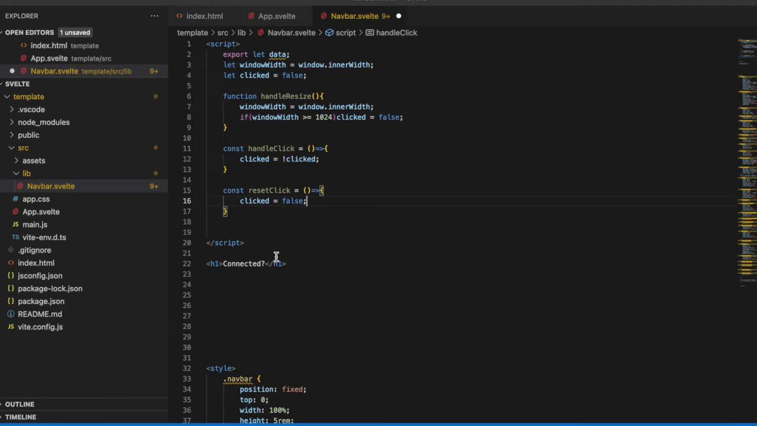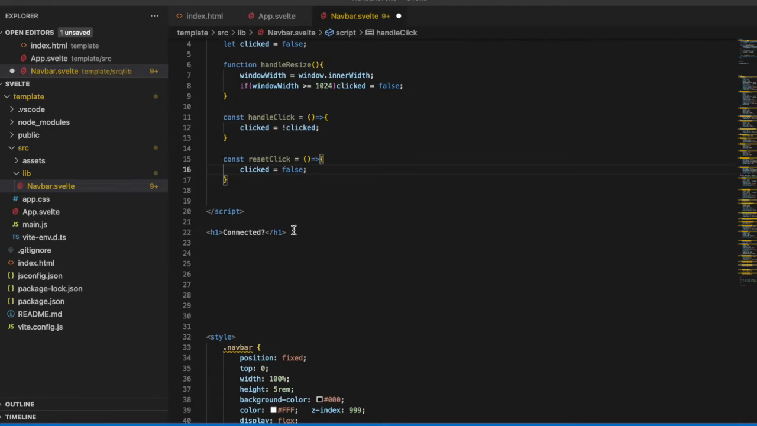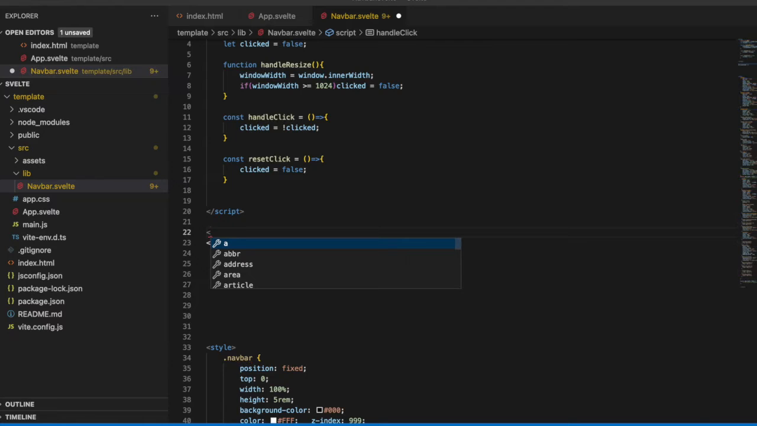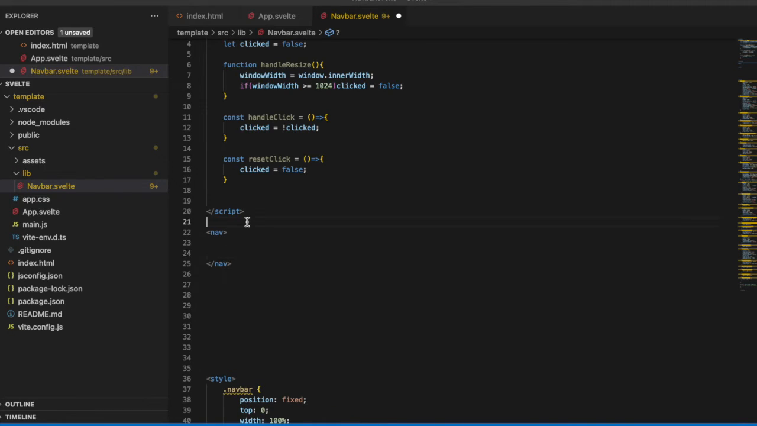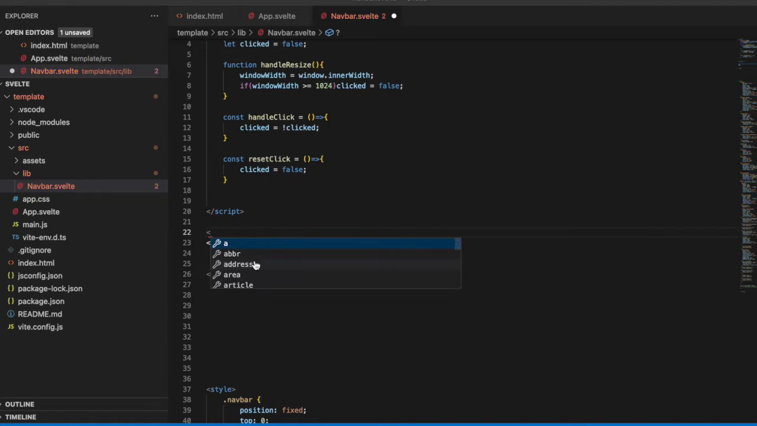Just like that. Cool. Now the navigation bar needs to be wrapped in a nav to be proper. We're going to delete the H1 because we don't need that anymore. The very first thing that we're going to do is just above nav, we're going to make this funny looking tag, and it's a Svelte tag,